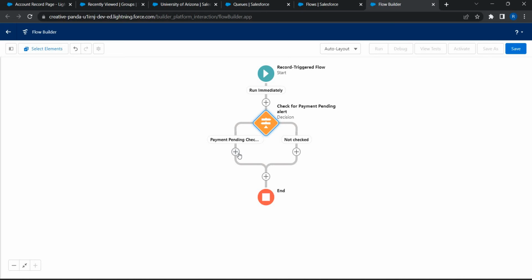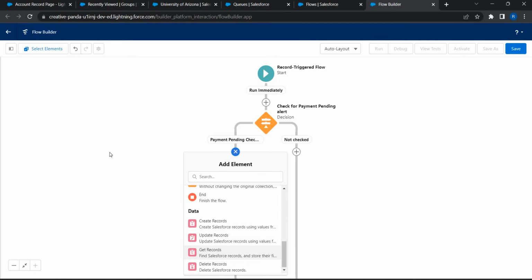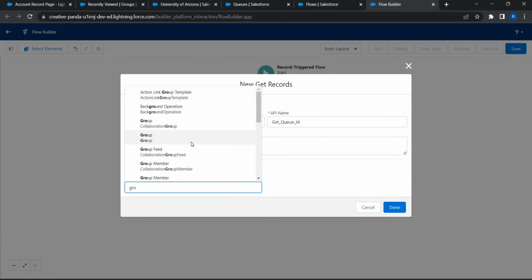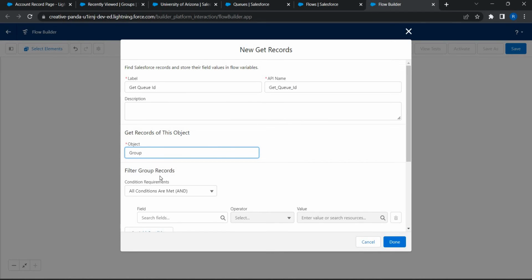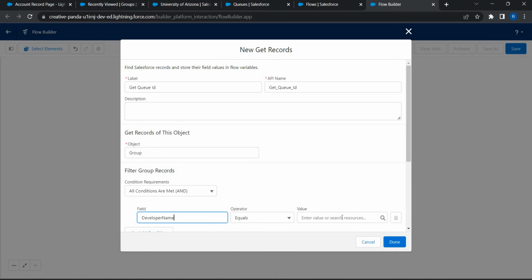So when it is checked, the very first thing that I want to do is get the queue ID, because when a task is created, I would like to assign the task to the queue, isn't it? So I'm gonna use get records. I'll just say get queue ID. I'm gonna look for this record in the group object, and I'll say the developer name has to be equal to